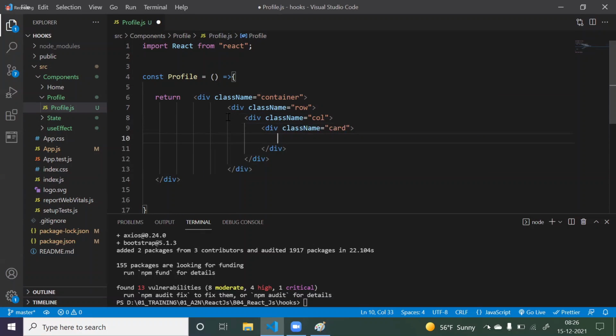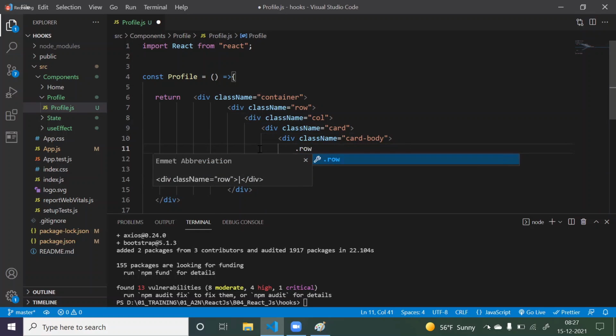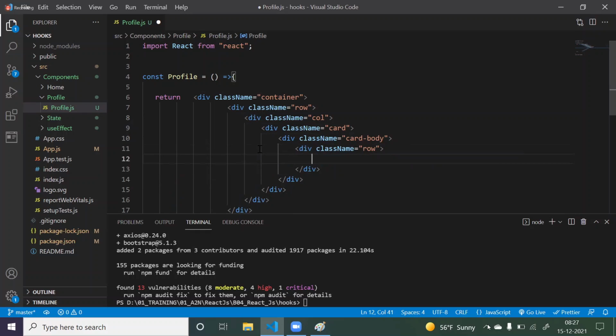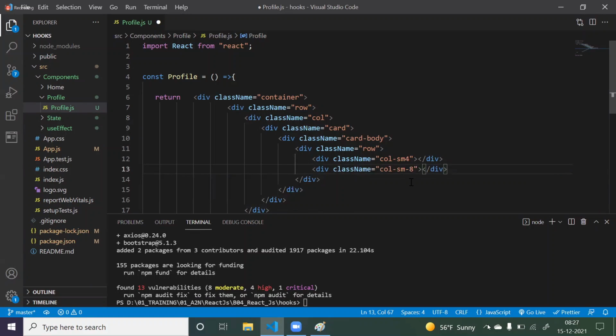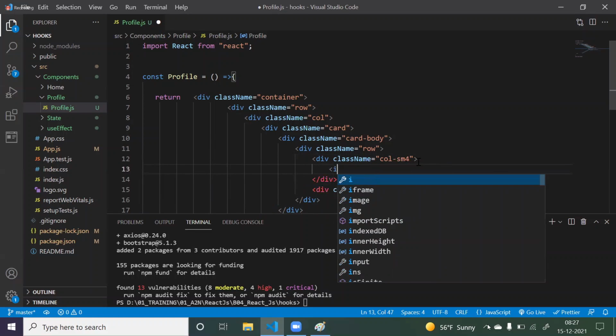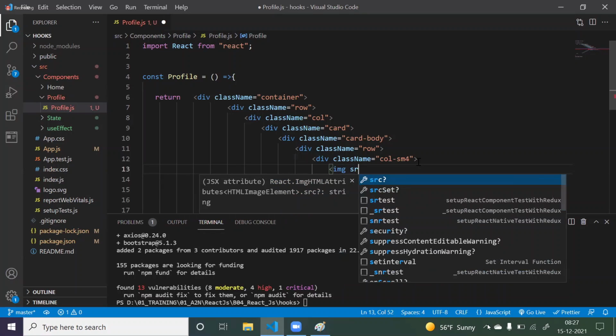Now in this card, I need one card body. This card body I want to divide into two parts. So in the card body, I will take one row, and in that row, I will divide it into two columns. One column should take 4-column space, and another column should take 8-column space.